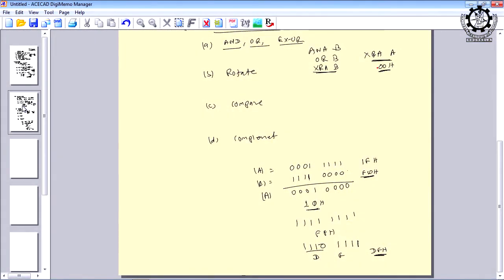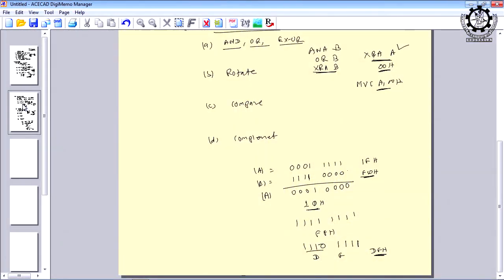What is the other way to clear the accumulator? I can write MVI A, 00H. Here also the accumulator value will be 00. Then what is the difference between XRA A and MVI A, 00, or are both the same? If you see the opcode itself, there is a difference. Here I am using XRA, but here I am using MVI. The difference lies in the status of the flags.